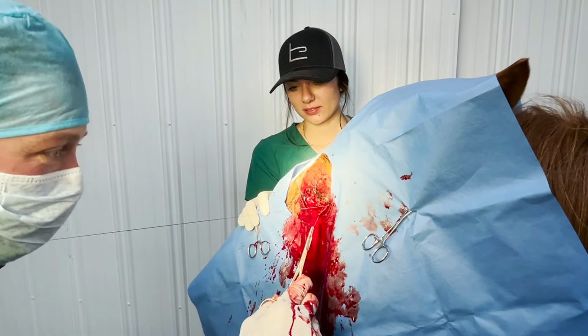I'm just trimming off some extra here because we're going to put the eye in preserve formalin so they can show the students over at SIU. It's always amazing how big all the muscles are. Now some of that's the local anesthesia, but she had an ulcer and uveitis that wouldn't heal, despite